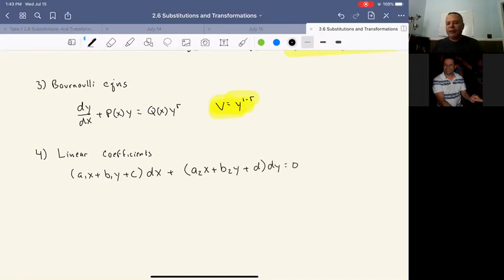What we want to do is find h and k so that, and we write it lots of different ways,